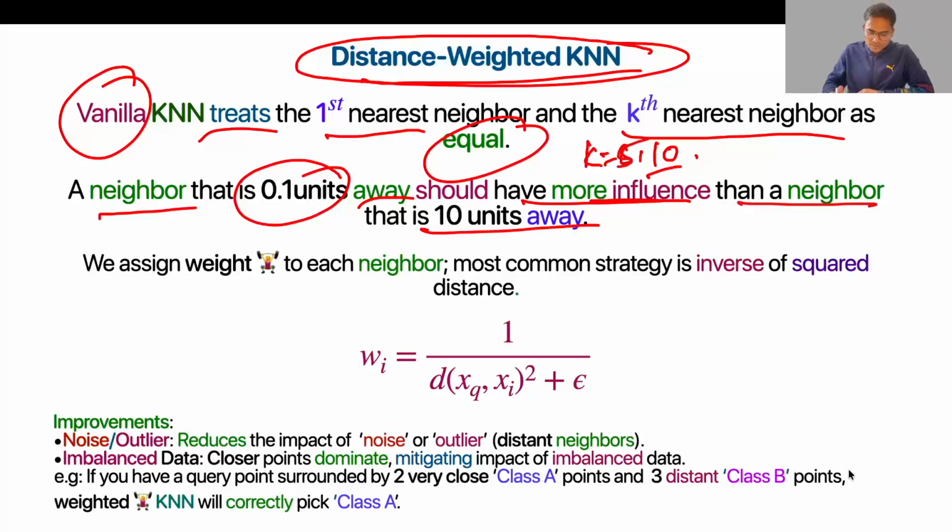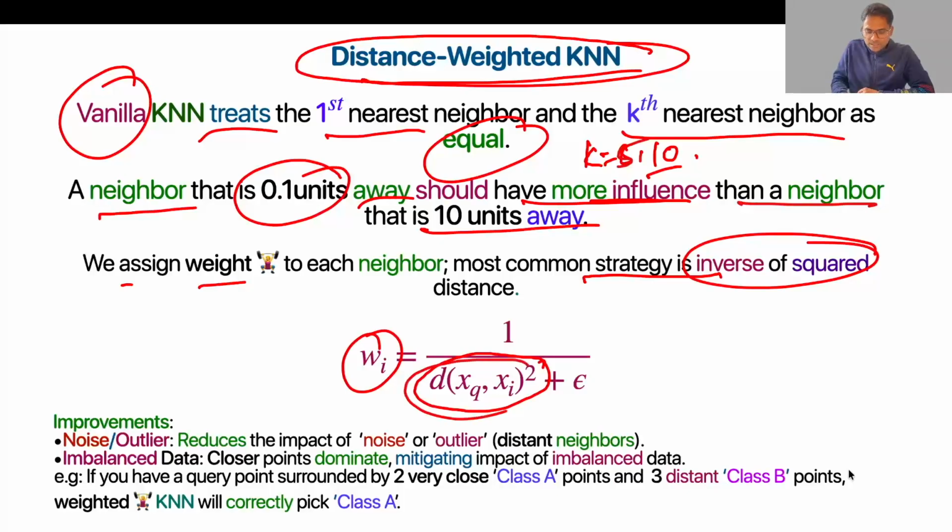Generally we assign a weight to each neighbor, and the most common strategy is the inverse of the squared distance. So we take the distance squared, and the weight for each neighbor is given in proportion to the inverse of the square. An epsilon is added as a factor, so that if the distance is 0, this 1 by 0 doesn't become undefined or infinity for computation. So we keep it as a small value. That's the computational hack. So what does it do? It improves